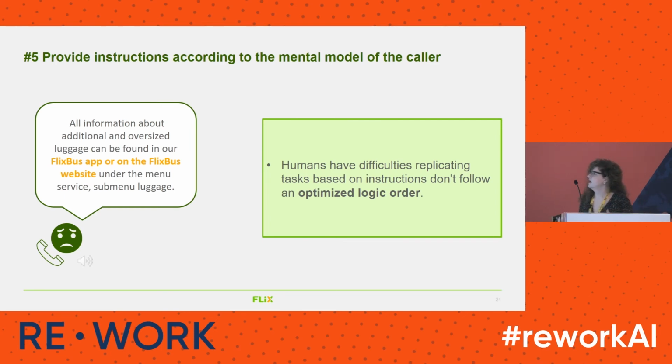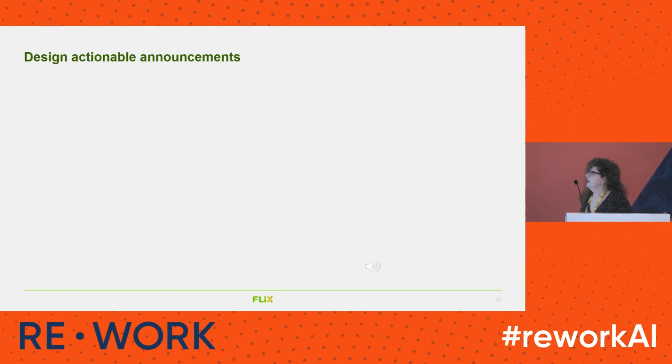And here this message is ambiguous because you are giving some instructions, but you are referring at the same time to the FlixBus app and the FlixBus website. The user is going to get confused. "All information about additional and oversized luggage can be found in our FlixBus app or on the FlixBus website under the menu service, submenu luggage." Okay, so